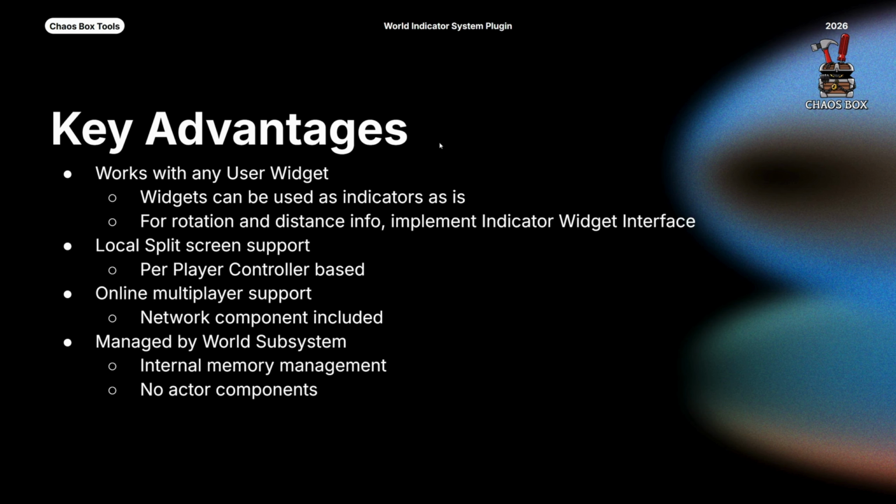Key advantages of the World Indicator System. As mentioned before, it works with any user widget. But what if a widget needs to display information such as the distance to the player pawn, or it needs to rotate towards its target? Then the widget can implement the indicator widget interface. Through this interface, the system will notify the widget with useful information such as the distance to the indicator's target